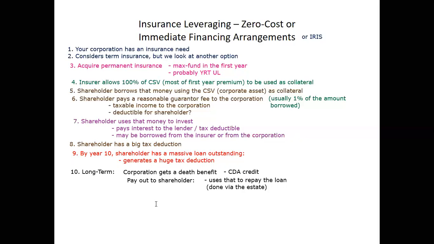All right, you always need some sort of Excel spreadsheet to support this. Honestly, the amount of outstanding loan that you end up with on these things is typically quite surprising. It can be hundreds of thousands or millions of dollars by the time this is all said and done, all supported by this big cash surrender value that's built up in the policy. And that's where you get this really big tax deduction. I don't mean a $10,000 or $20,000 tax deduction. You'll see hundreds of thousands of dollars in tax deductions here sometimes.